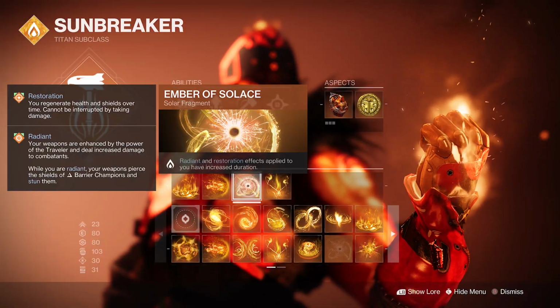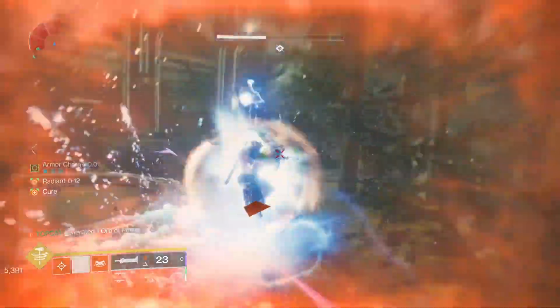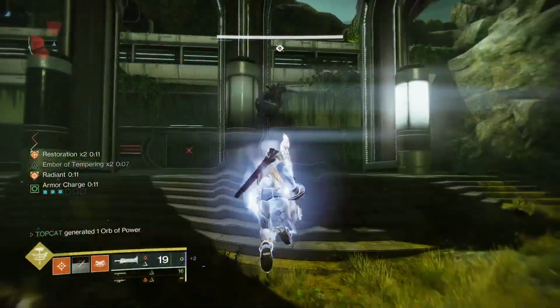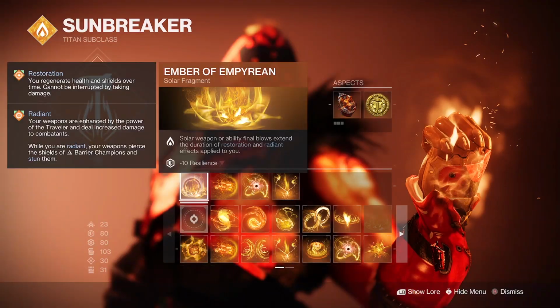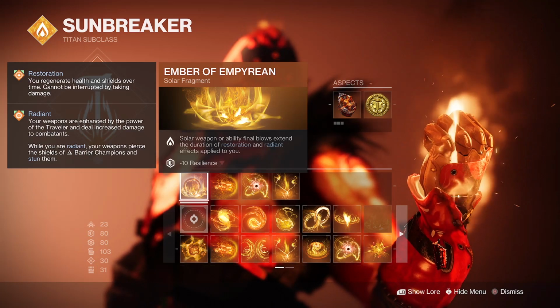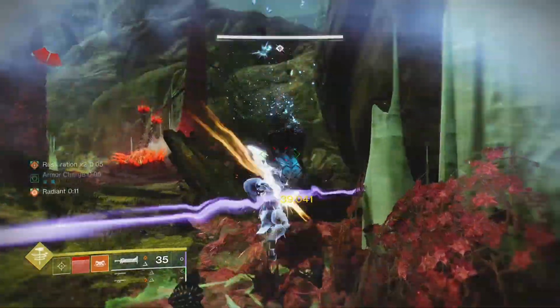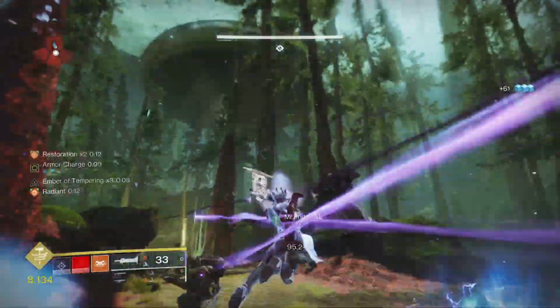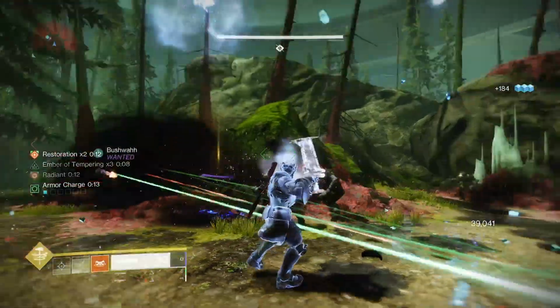Add Ember of Solace. This increases Radiant and Restoration effects applied to you for an increased duration. This pushes them both out to 12 seconds, and Ember of Empyrean will allow us to chain them. Both our solar weapon kills, aka Lament kills, and Hammer kills extend the duration, allowing us to feed these buffs